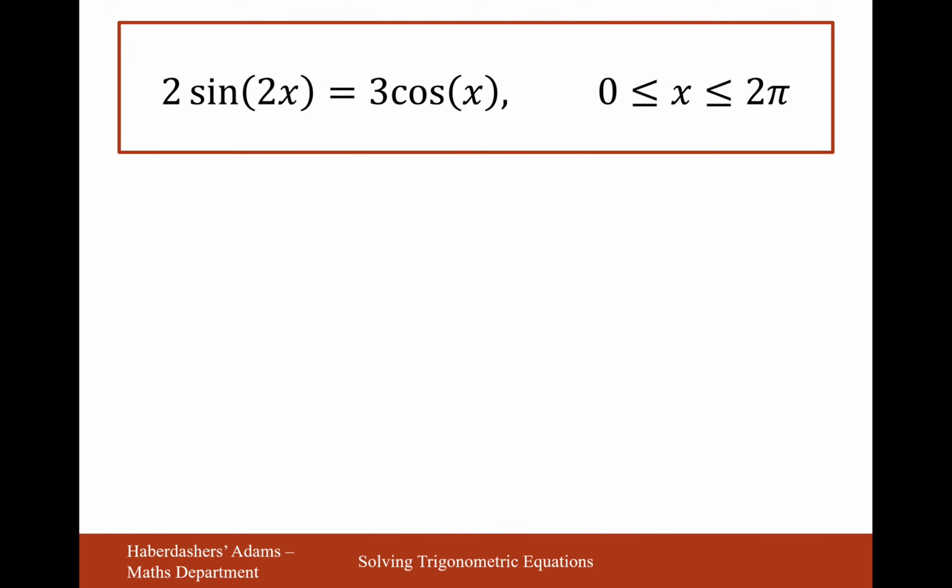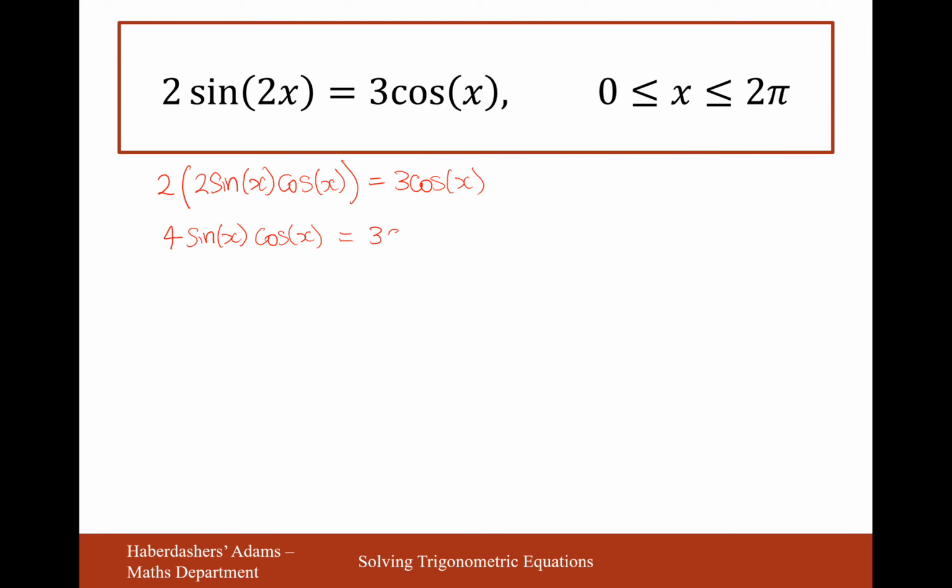Lovely, there we are. Let's move on to the next question, and we've got this one here. We've seen a very similar one to this one beforehand. Let's give this one a go. I've got the identity of sine 2x being 2 sine x cos x, and this time I'm pretty confident I'm going to put it straight in. Equals 3 cos x. I'll expand the brackets then, so it's going to be 4 sine x cos x